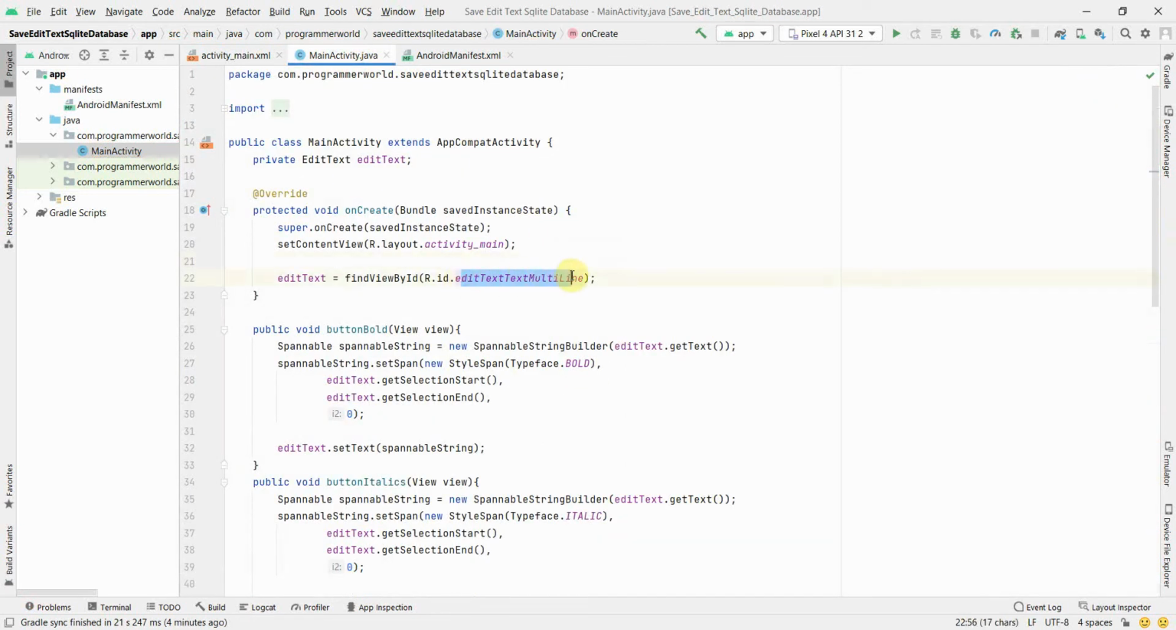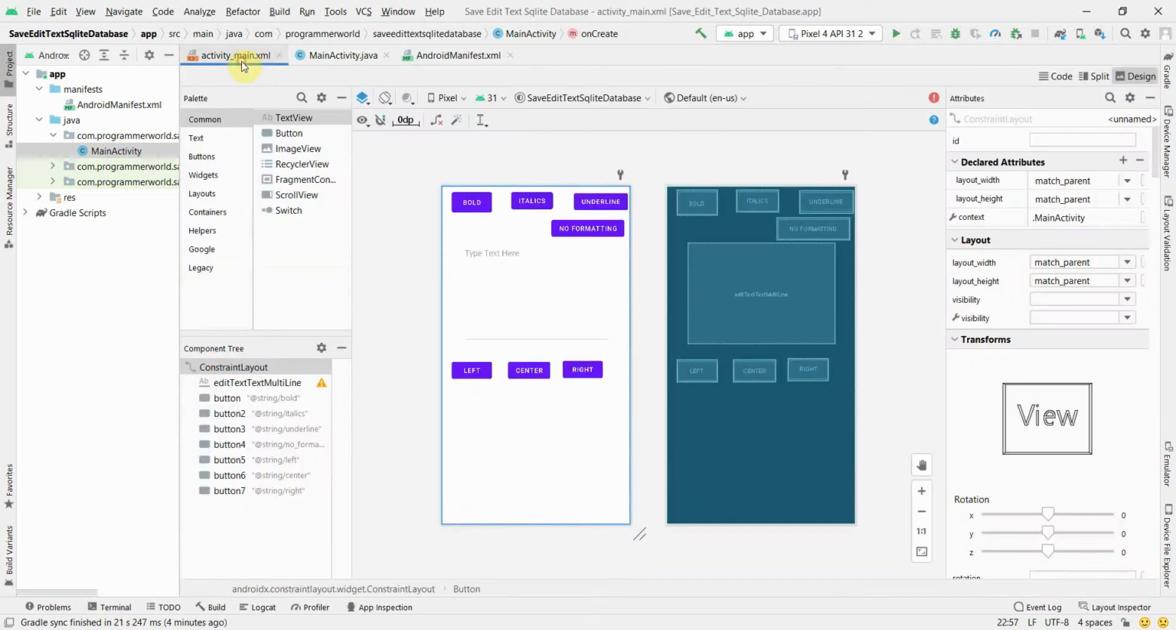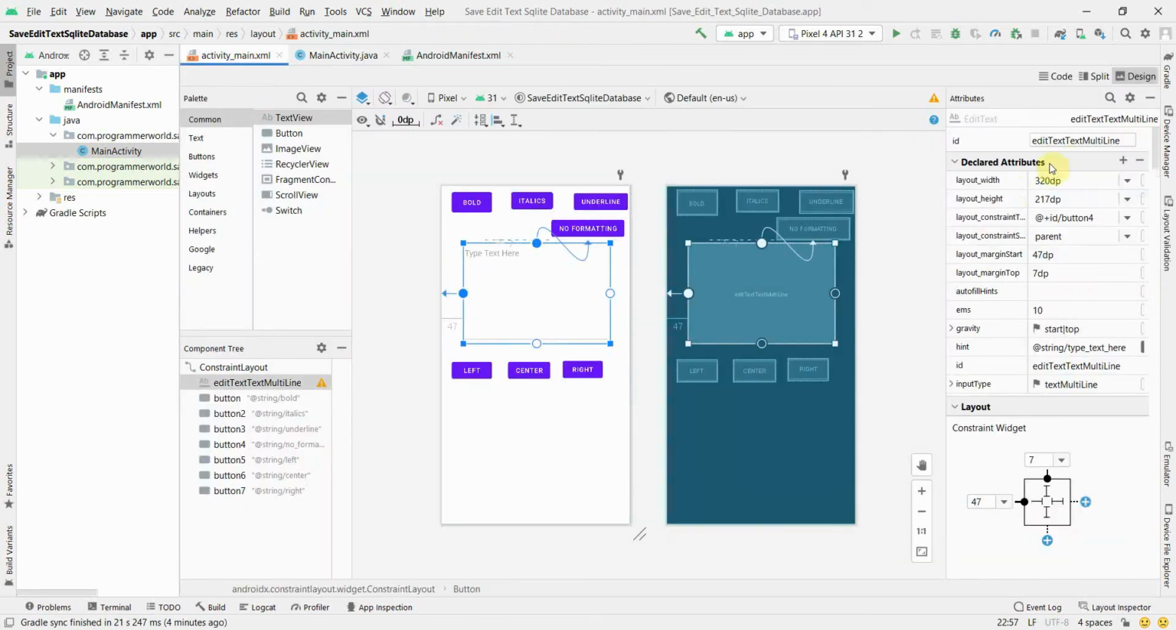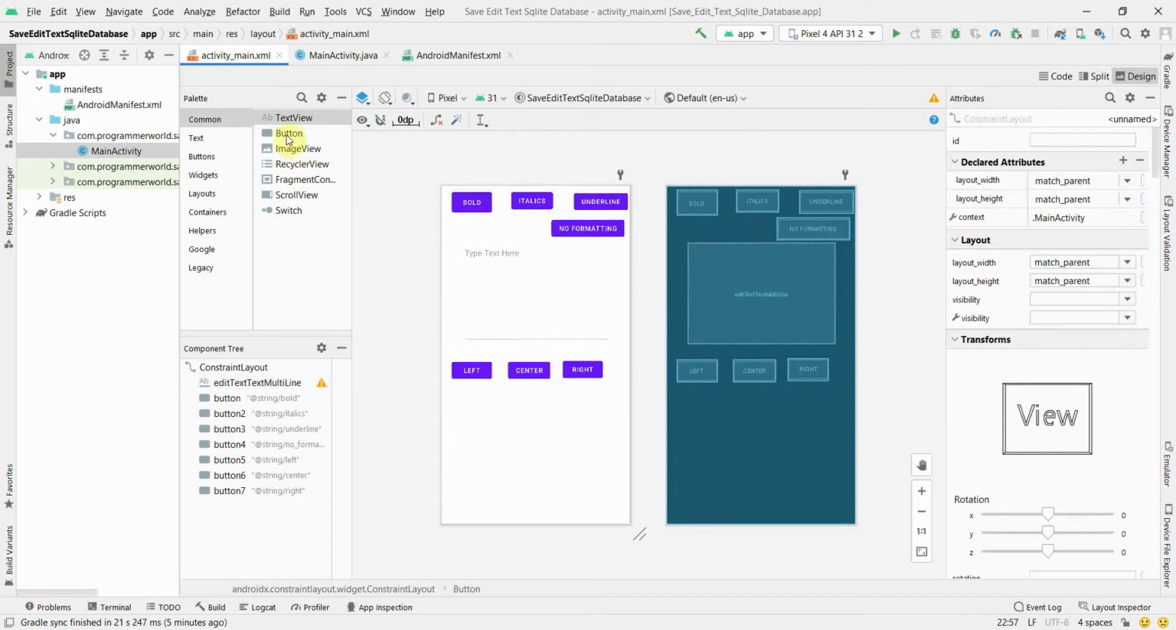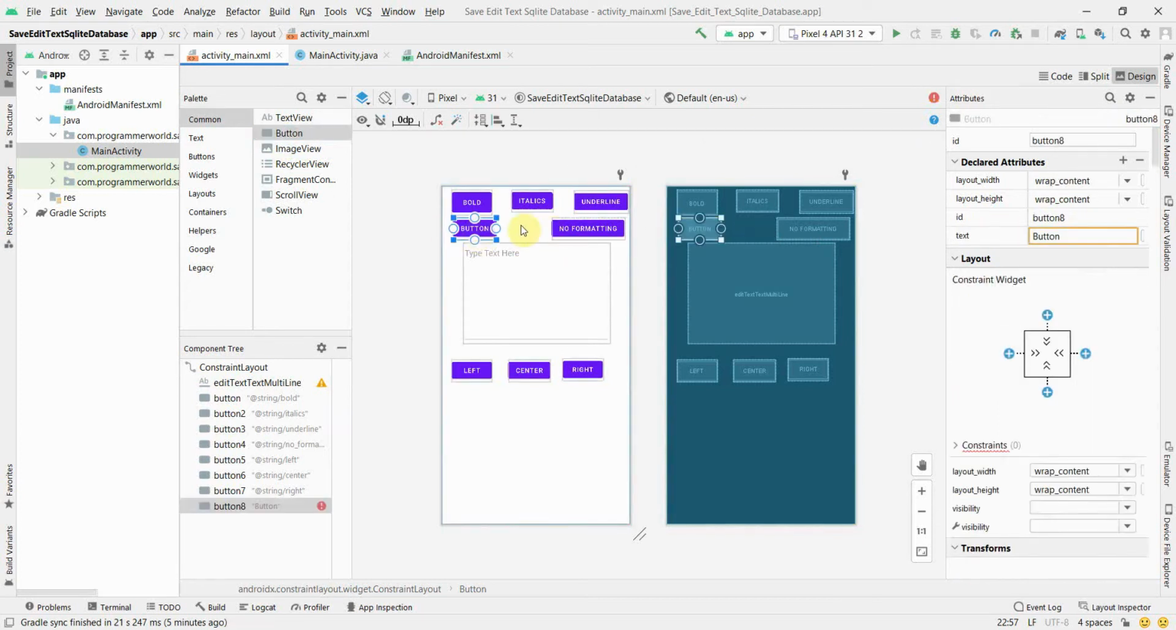This particular ID was giving an error because this particular box or widget has the same ID. From a layout perspective, I think more or less we are done. The only thing is we may need one more button to fetch the information from the database. So we'll create a SQLite database, and we'll store or insert the data whenever any of these buttons are clicked